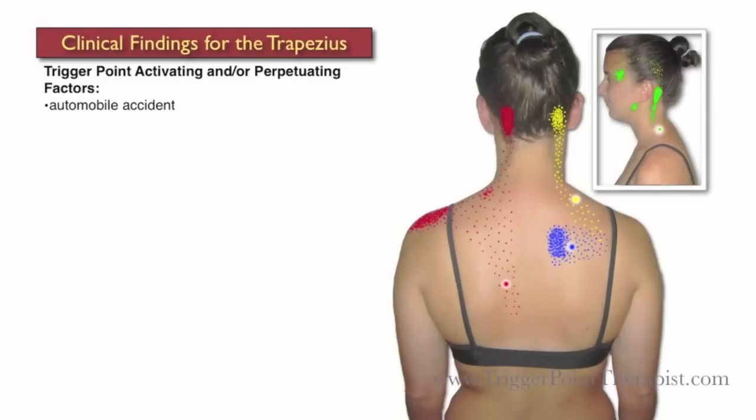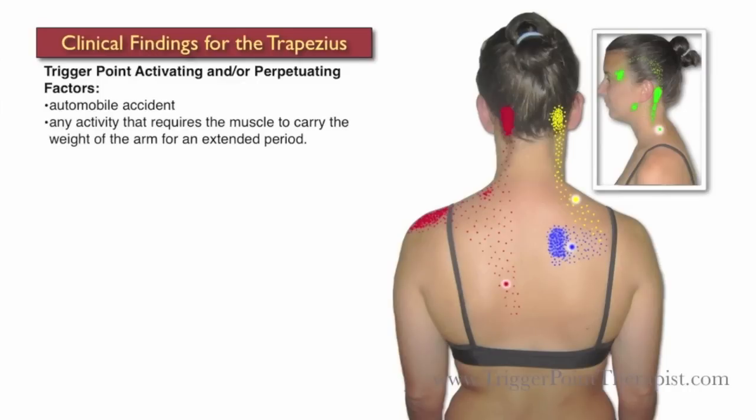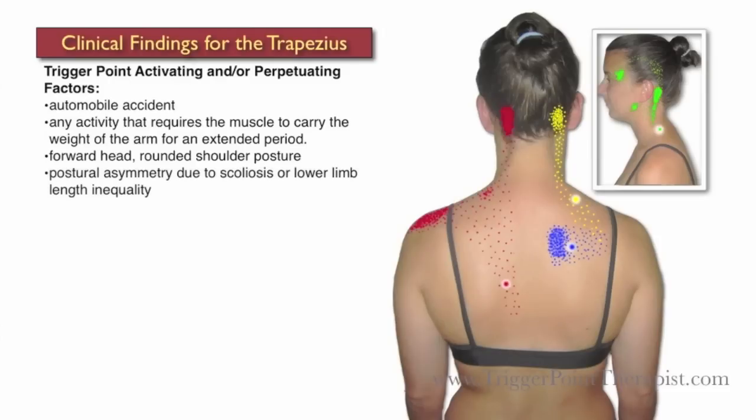Activating or perpetuating factors for trapezius trigger points include automobile accidents, any activity that requires the muscle to carry the weight of the arm for an extended period of time, forward head, rounded shoulder posture, postural asymmetry due to scoliosis or due to lower limb length inequality, a heavy backpack or a heavy shoulder bag, emotional distress or anxiety,